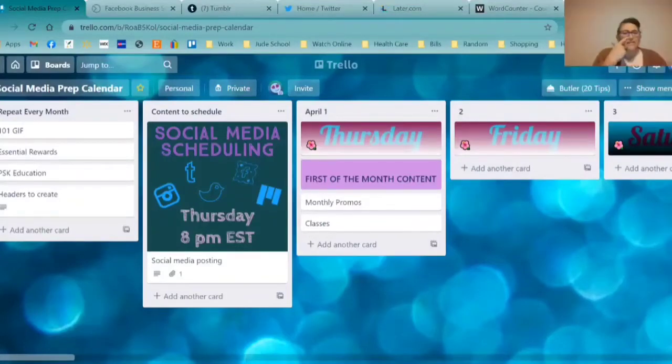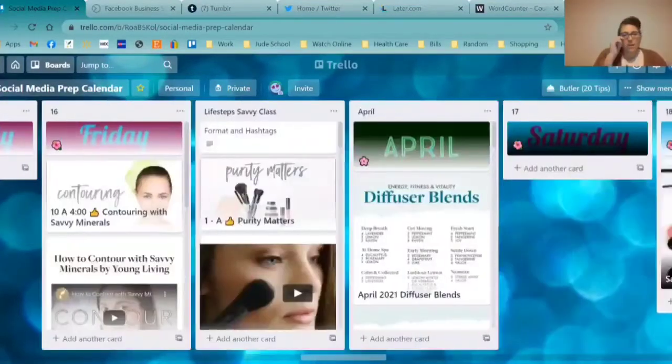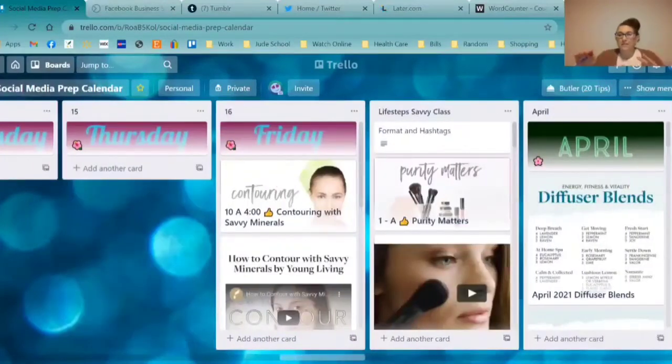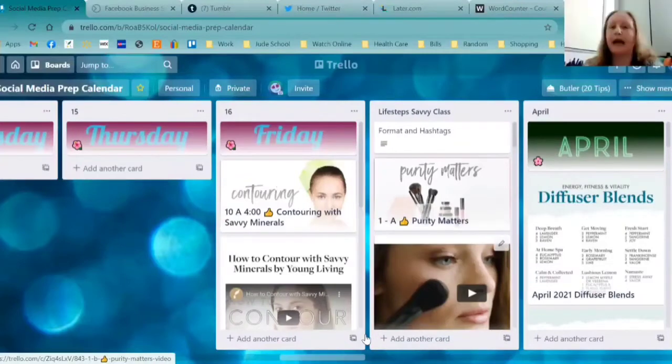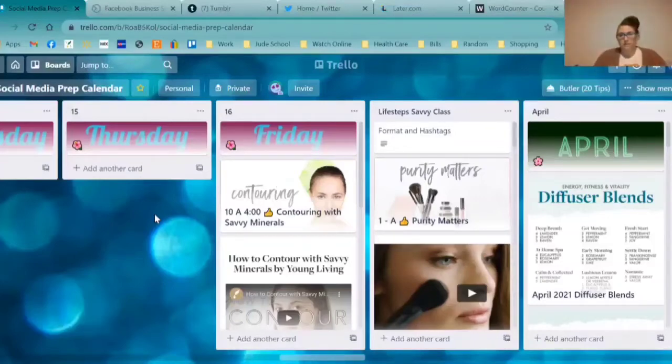Can I ask real quick, Stephanie? On this, can you schedule to events or only to groups and your personal feed? So I actually, none of those. What I'm scheduling to is on Facebook, a Facebook page. I know that you can schedule into groups if you're the admin in the group. But I'm not going to be going over that tonight because that's not something that I do.